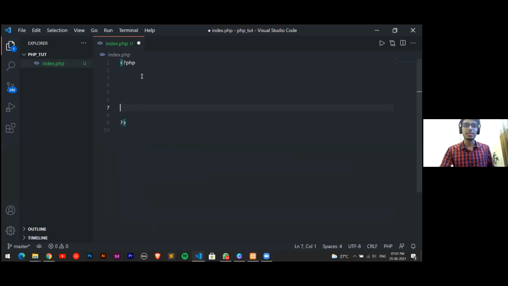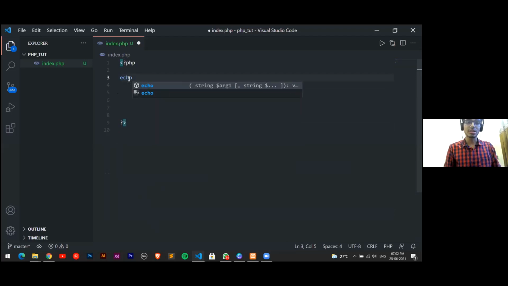Okay, so I've opened this tag. Now I want to just print something on my page, the index.php page. A convention which we use for any programming language is hello world, a basic ritual we perform.